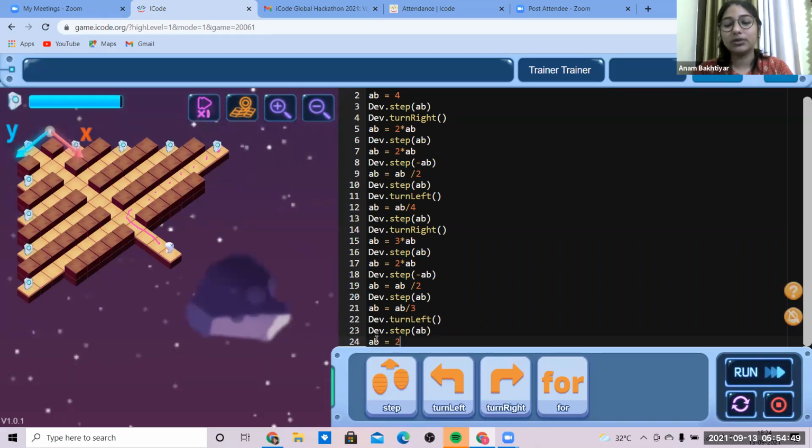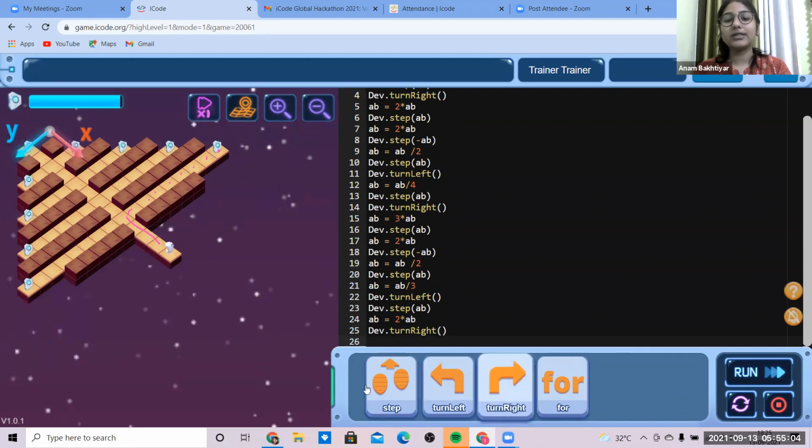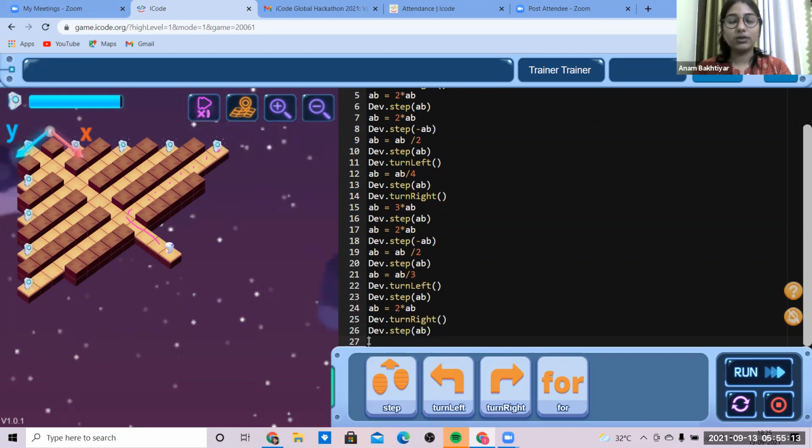AB equals 2 into AB. Then 2 into AB means we have to cover 4 number of steps after turning towards right. So it needs to turn towards right. Then it needs to take those number of steps.